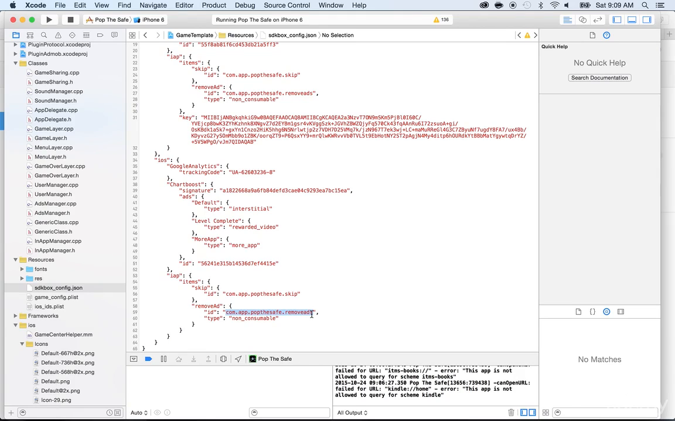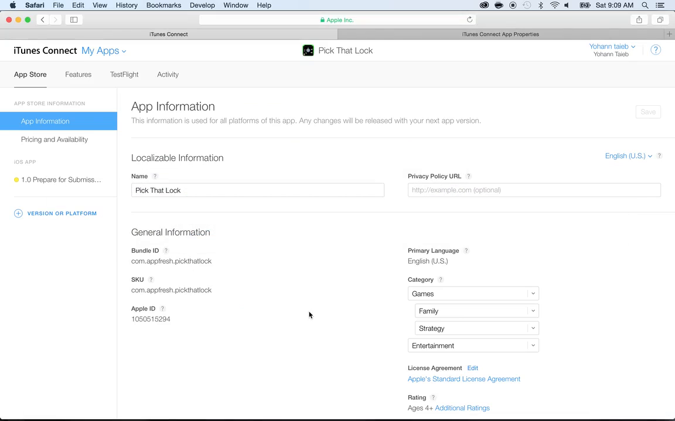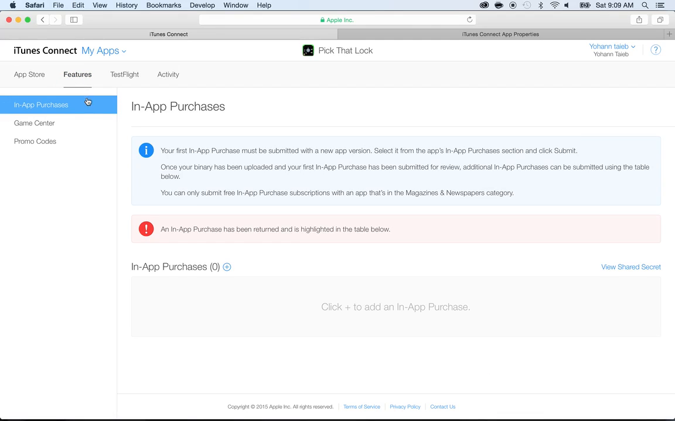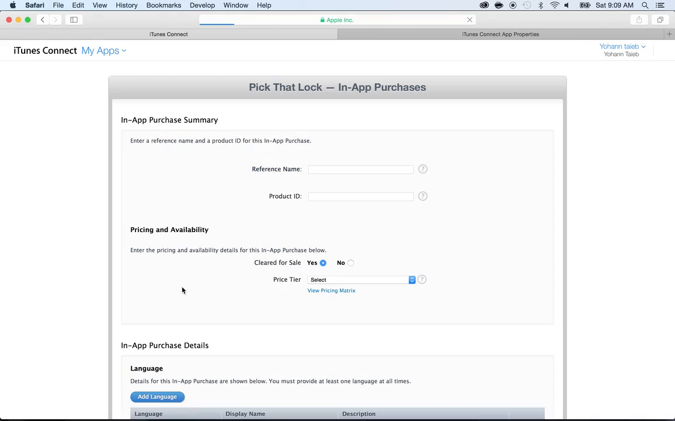Alright, so let's go ahead and do this right now. We're going to go inside of any web browser and make sure you log in to iTunes Connect, apple.com, and go to your app. Then go to Features and click on In-App Purchases and click on plus. Now select non-consumable. It means that the item is going to get bought only once and then it can be reused anytime. And here put remove ads